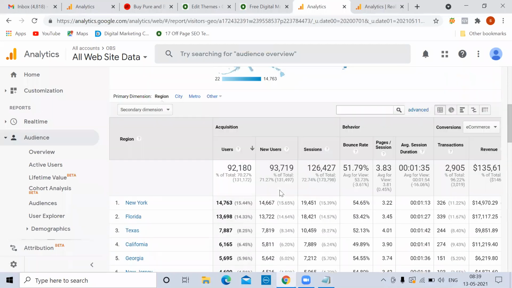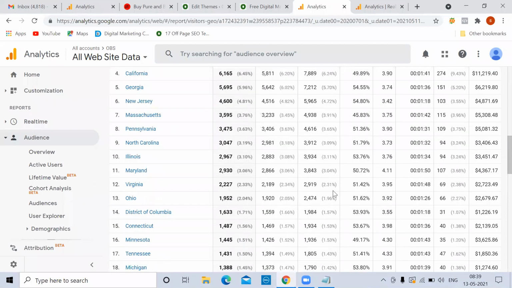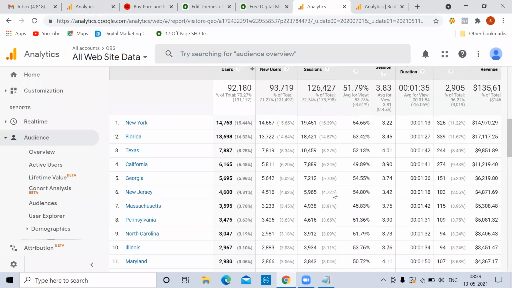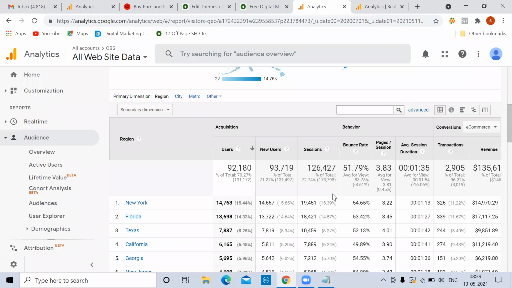This is also important. Again, I'm running Google Ads. I'm spending money on the complete US. If I think that in a particular state I'm getting fewer sales and I'm spending more money, what I'll do is exclude that state. So this Google Analytics information is good for your Google Ads campaigns also, or social media campaigns.